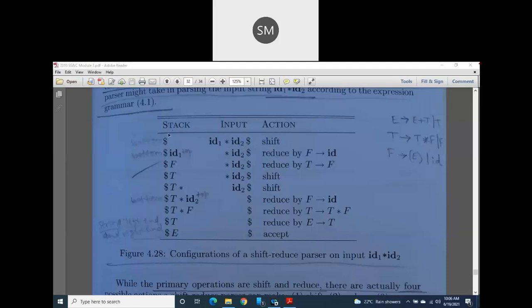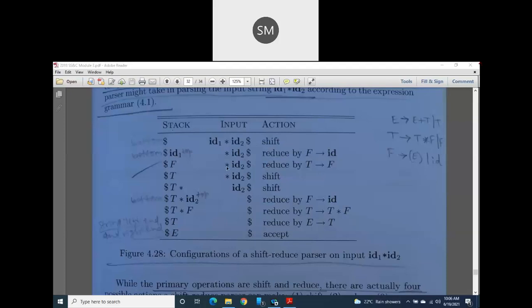In this state, what action I have to take, I have written in this third column. I can perform the shift operation here. Shift is nothing but push. I will shift this id1 onto my stack, and this id1 is the top of my stack. Then what is the remaining input? The input buffer contains only star id2. Then I can take the action reduce. I can reduce this id1 to F. What production is suitable here? F yields id. We are applying the F yields id production, so I reduced this id to F.